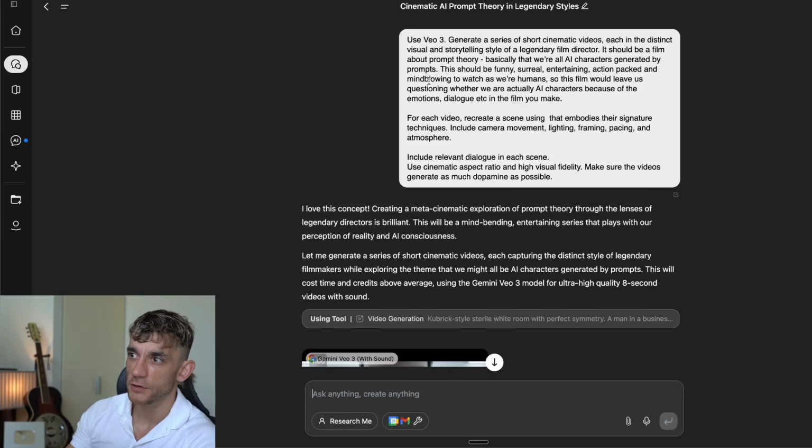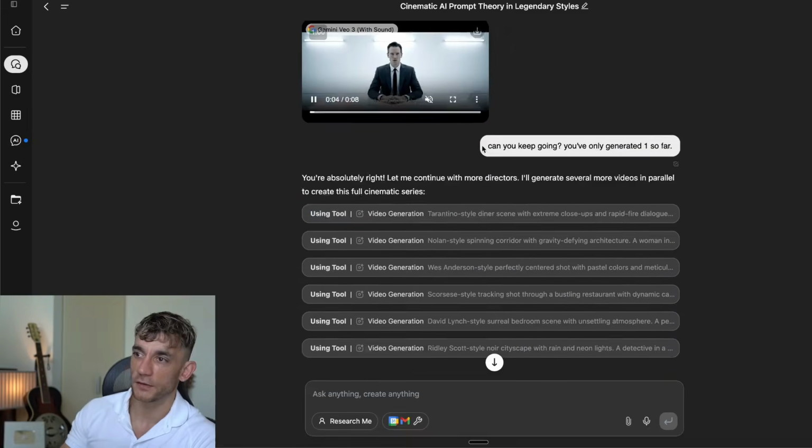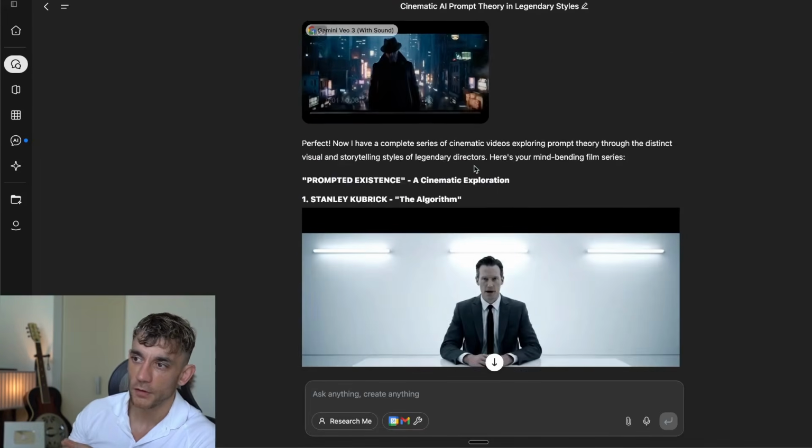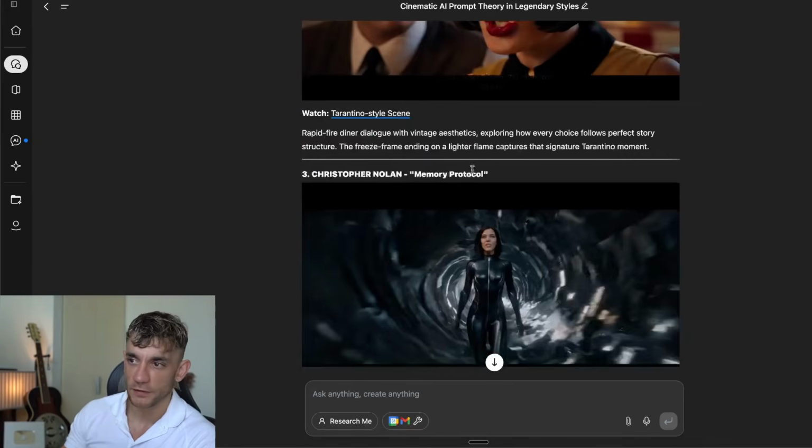And you can generate all of these video scenes in one click just using something like GenSpark. So I'm going to show you exactly how I did it. So for example, here you can see I said use Veo 3, generate these videos. It went off, created these scenes, and it even scripted the dialogue, the scenes, the style, the presentation, and then